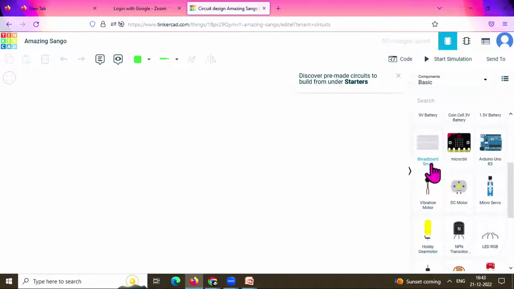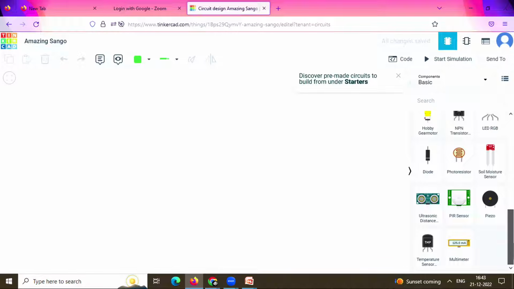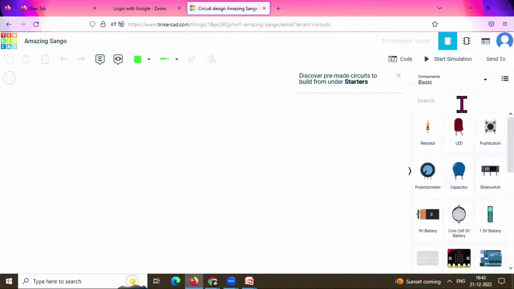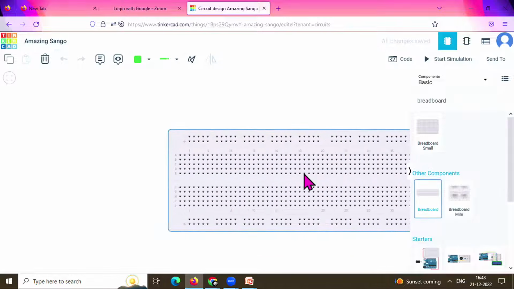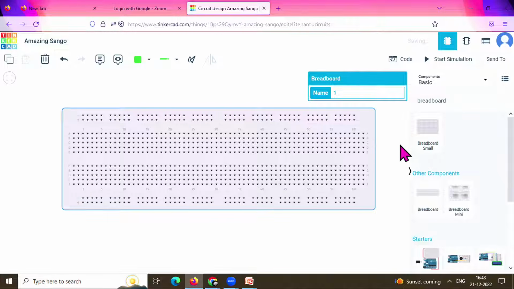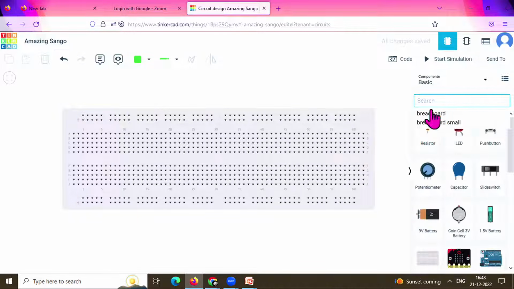Okay. So this is one small breadboard that I took. We can take other breadboards as well. And here you can see there's a search option. Irrespective of whatever component you want, you can search for it. So I clicked on breadboard. Here's a small one and here you can see other components. We also have a mini breadboard. So I clicked on the bigger one. Again, we saw the breadboard and its name. Now, coming back to other